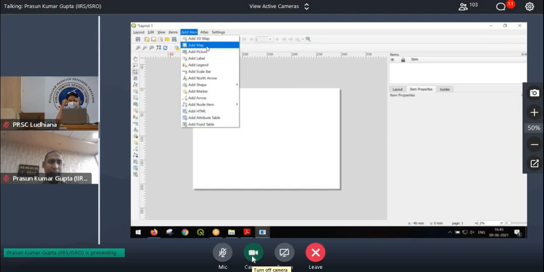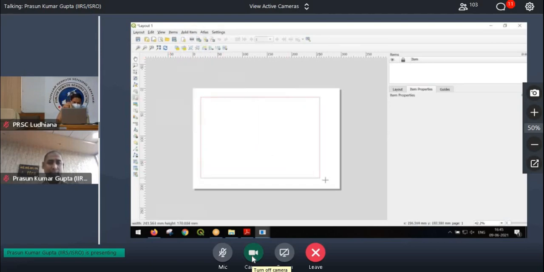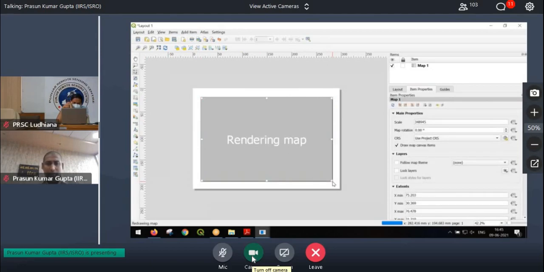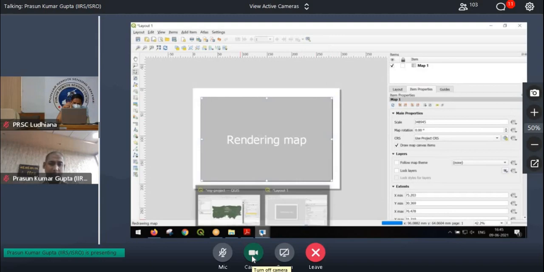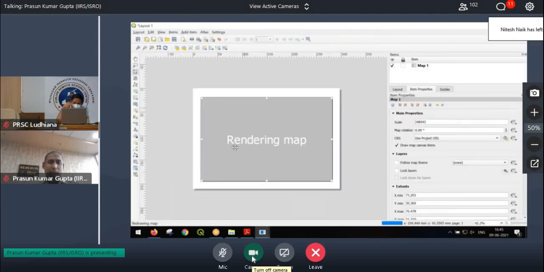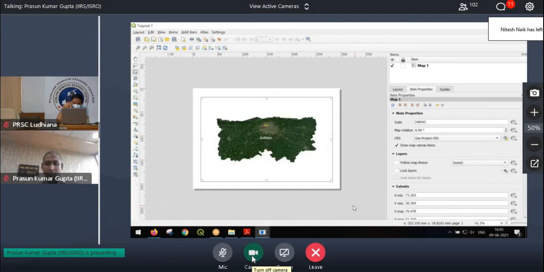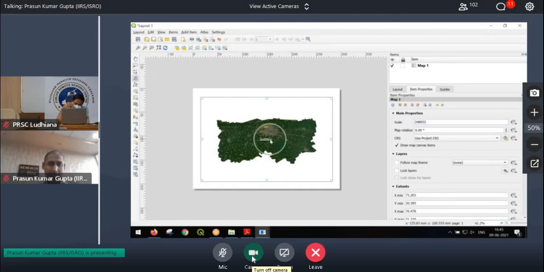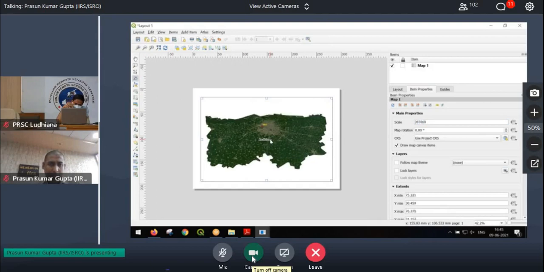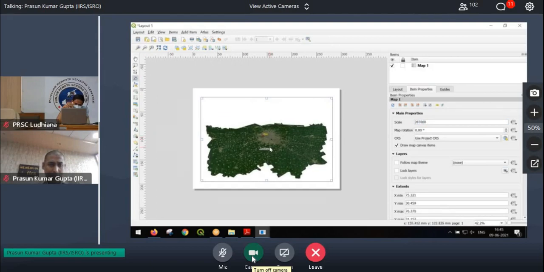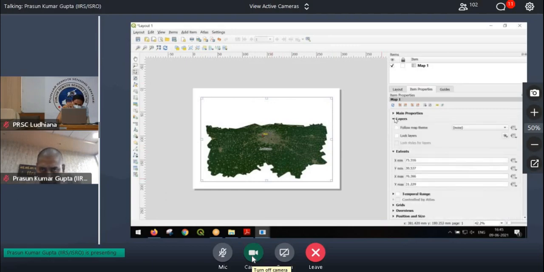Okay, so let's start by adding the map. So whatever map I am seeing there, I can simply drag and drop on this piece of paper and that will be rendered here. So whatever I am seeing in my QGIS, this thing will come on my layout. Okay. So there I have it. I can set the scale. I want a little bigger or smaller, all that I can. So I want to increase it a little bit. I want to shift it down, shift it up. Okay. So I have my data here.